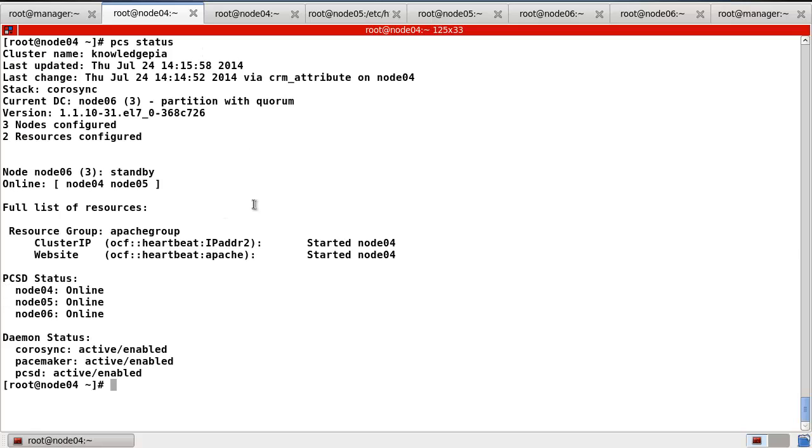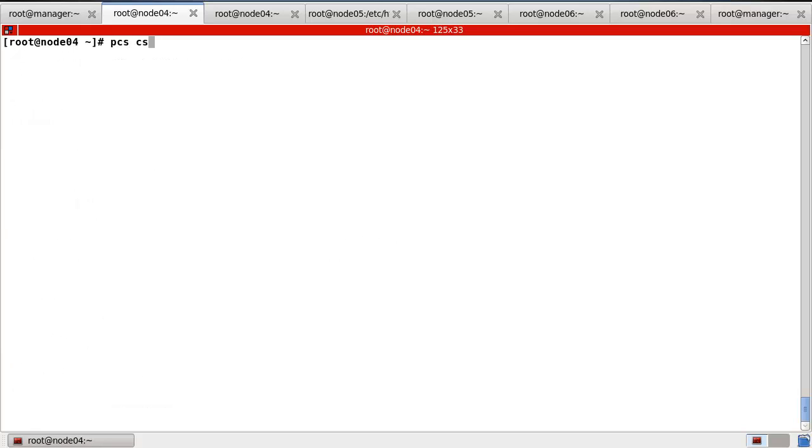Now start node 4. And if I also standby node 4, then this one will fail over to node 5. Okay, let's check the PCS status.